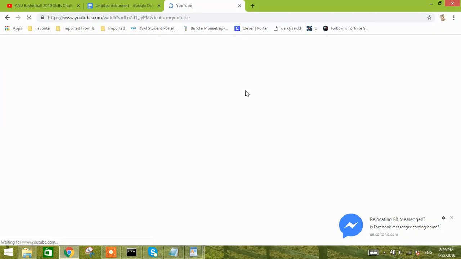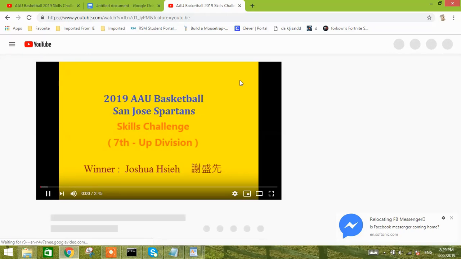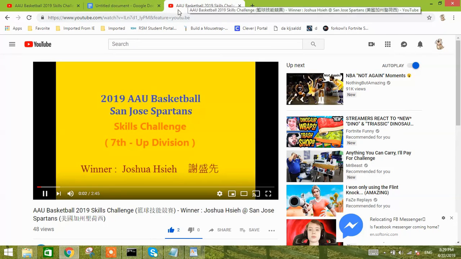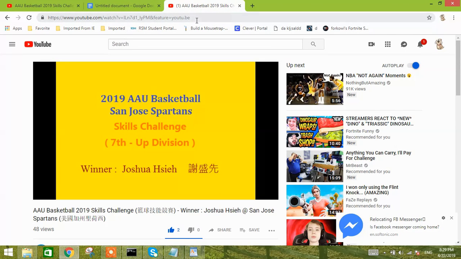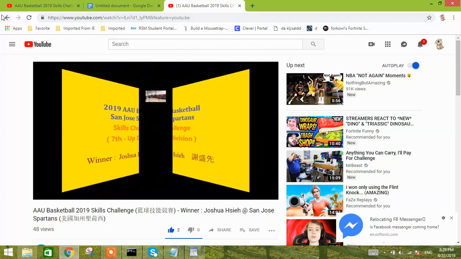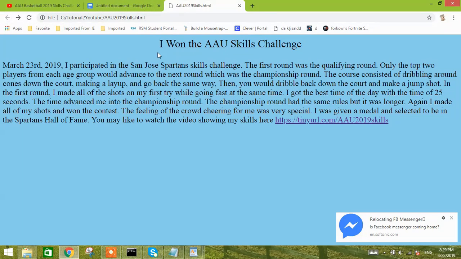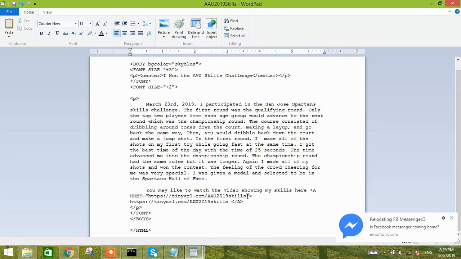So, however, clicking the link does not send us to a new tab. It actually makes us stay on the same tab. So to fix that, we go back to WordPad and right here, enter target equals